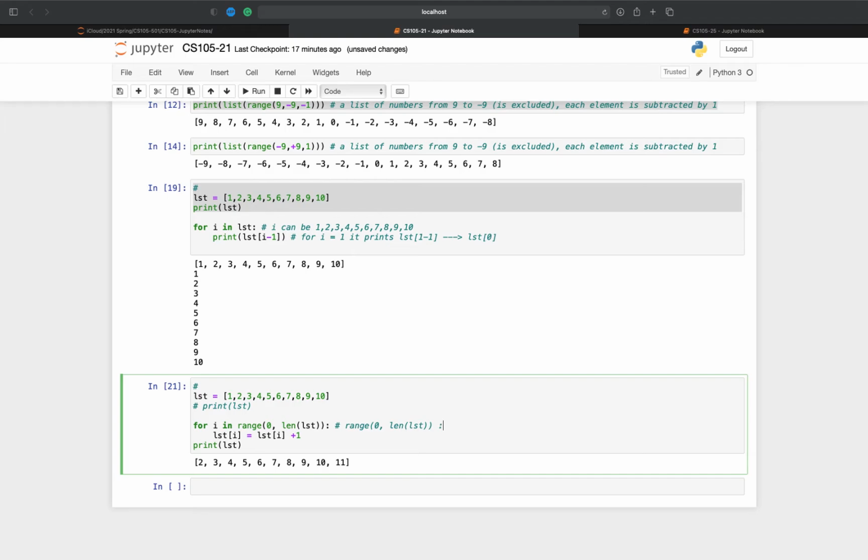This will be a list starting from 0 to, what is the length of LST? 1, 2, 3, 4, 5, up to 10, right? So the length of LST is 10. So now we have another list starting from 0. And then it's going to put the,